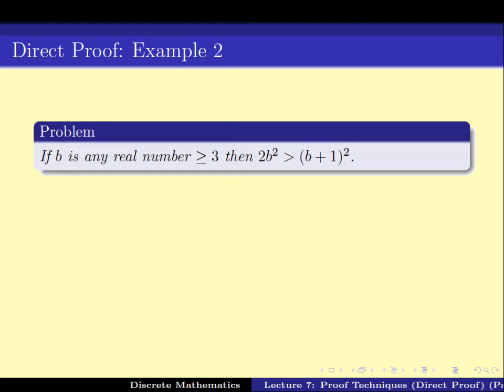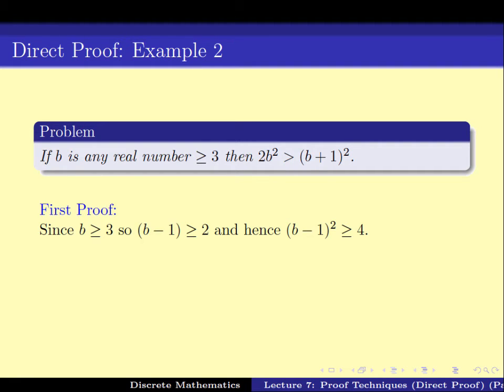For the first proof, let's start with this. Since b is greater than or equal to 3, b minus 1 is greater than or equal to 2. By squaring both sides, we get (b minus 1) whole square is greater than or equal to 4. And this 4 is strictly greater than 2, so we can write (b minus 1) whole square is strictly greater than 2. Now let's try to open up (b minus 1) whole square. We get b squared minus 2b plus 1 is strictly greater than 2,